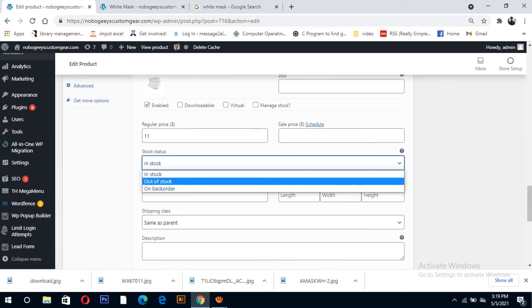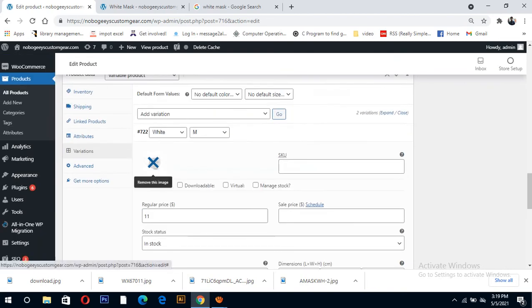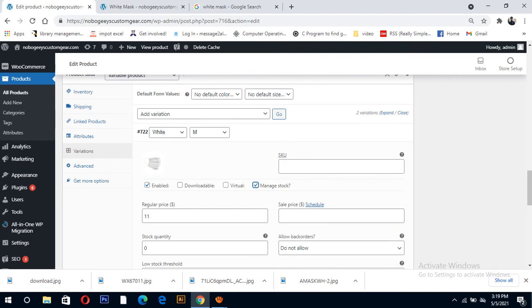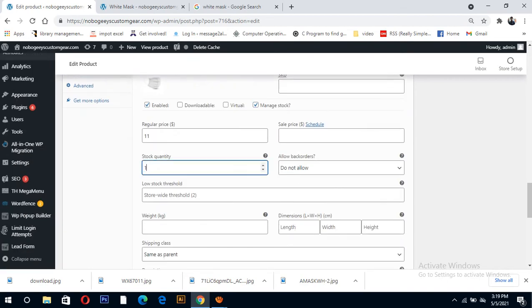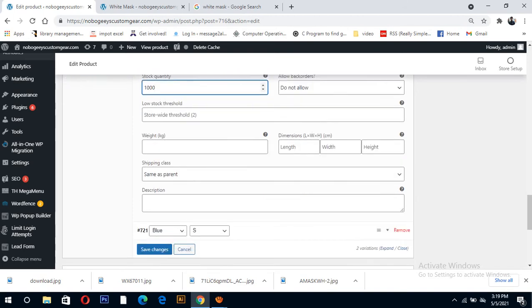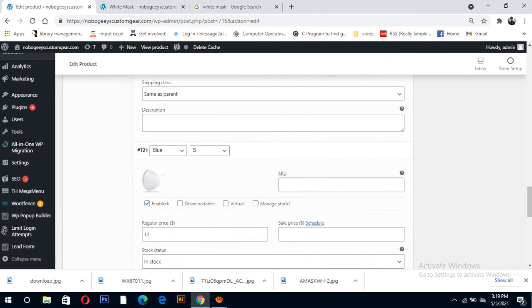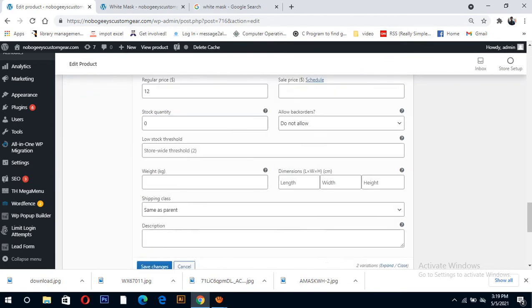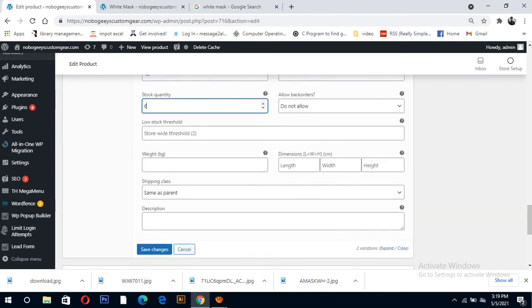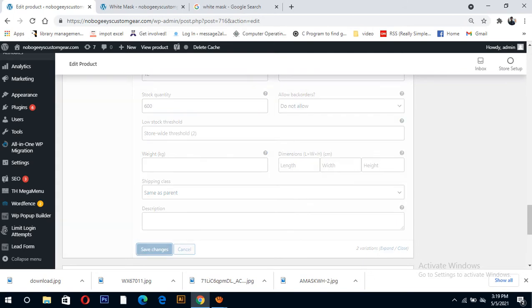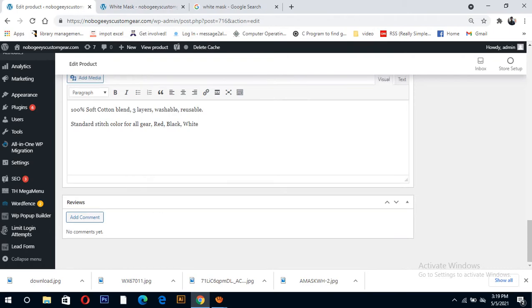If you have no quantity, then you can set it. If you have marks 1000, like 1000 quantity available in stock, then minus 500, like that.